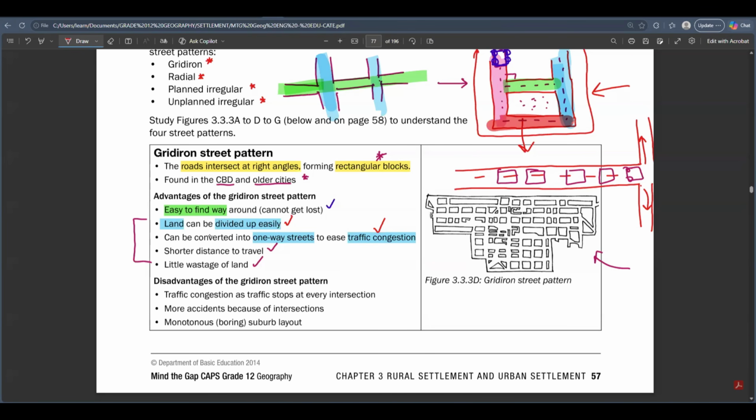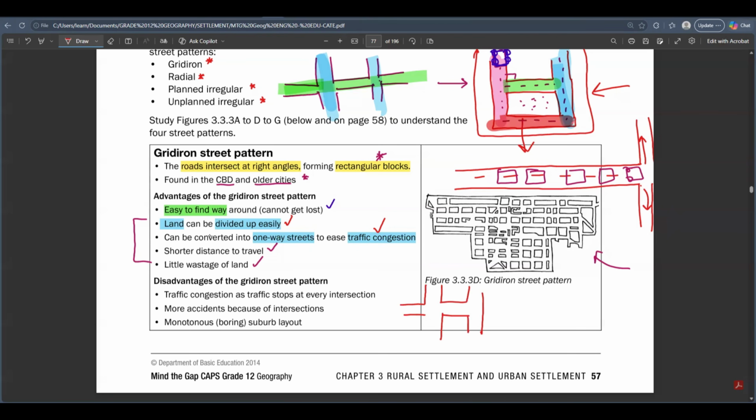But now it has also got its disadvantages as well. The other thing, as much as we say we can ease traffic congestion inside a gridiron street pattern, sometimes it's not always the case. Let me just twist your mind a bit in this case, right? But remember here, guys, that we are having intersections. Like the roads, they've got 90 degrees intersections with other roads, something like this in our gridiron street pattern.